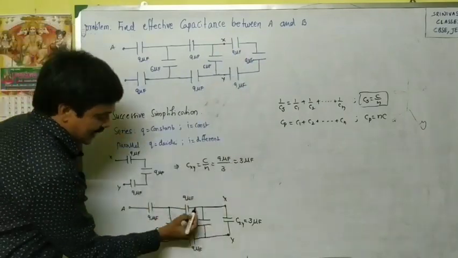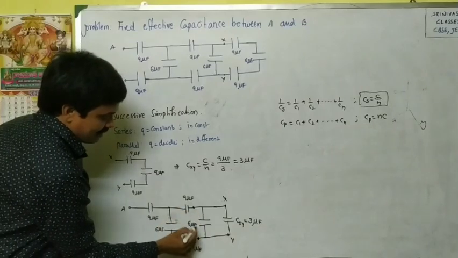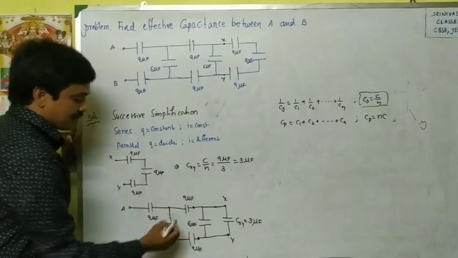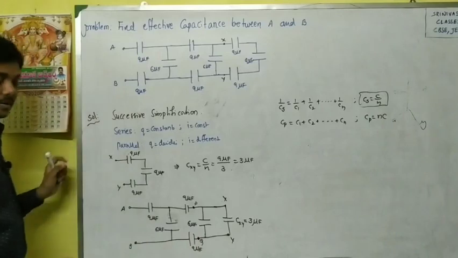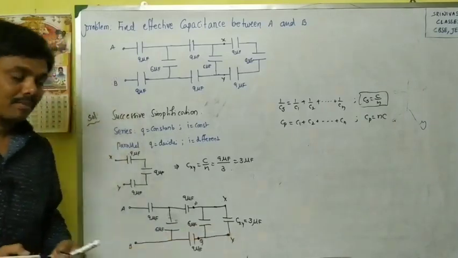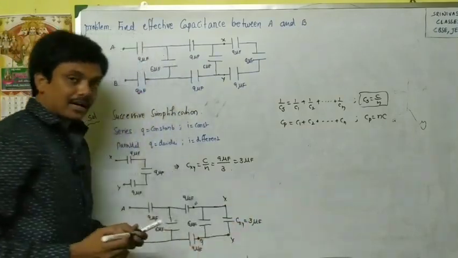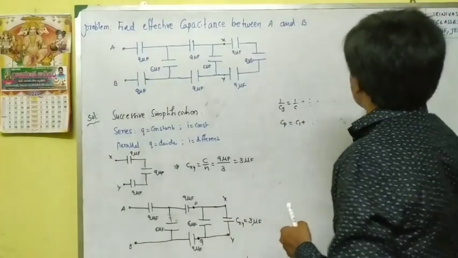Then after that we can take this part again. Again we have to simplify. For example, this we will take as PQ. How to find out the effective capacitance between P and Q? These two are in parallel combination. How? This part we can take separately, and we have to find out. Then for that, let us see.